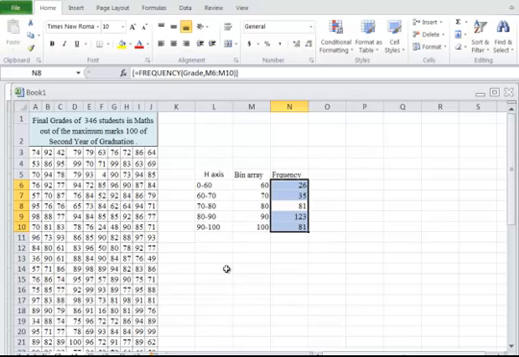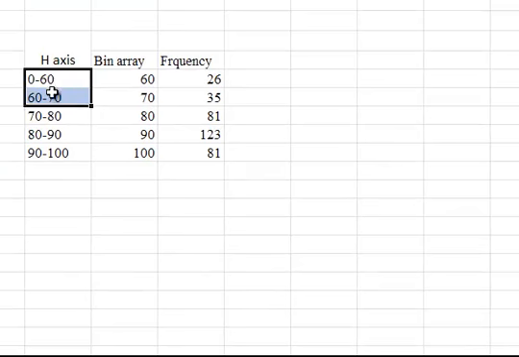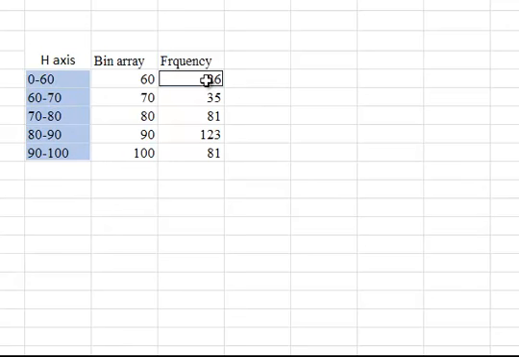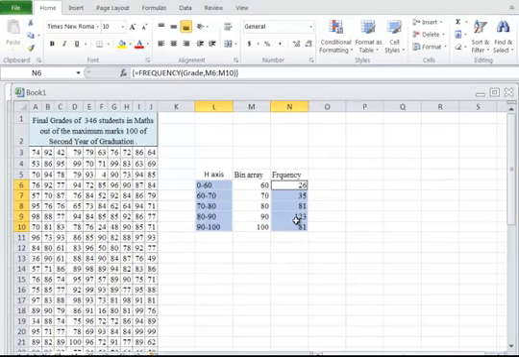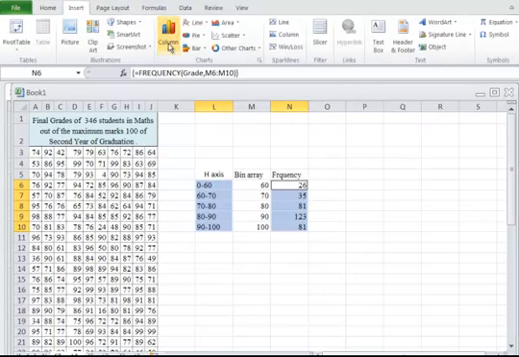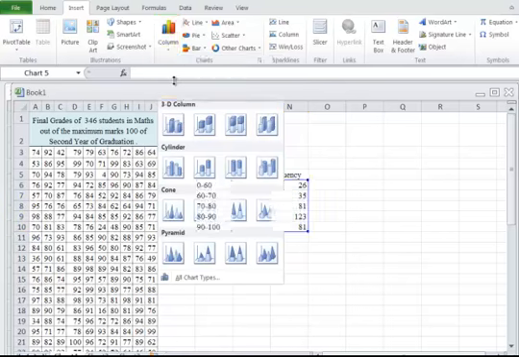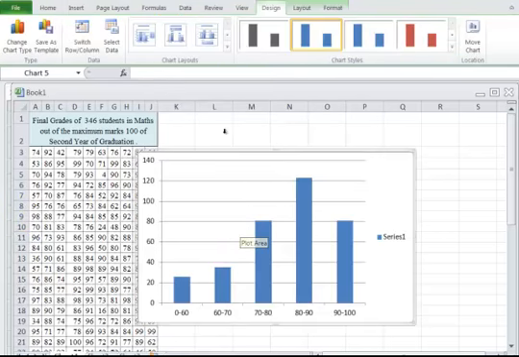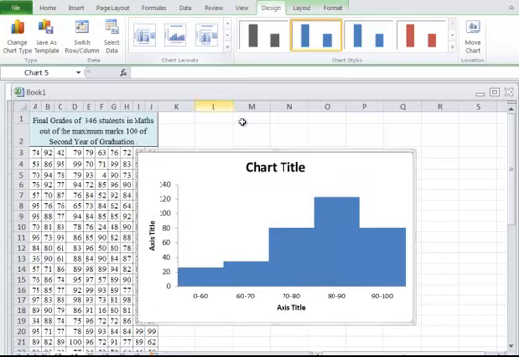Now our aim is to obtain the histogram out of it. I'll select the horizontal axis data, press Control, keeping it pressed, I'll select the frequency, insert column chart, first column, first option. This gives me the histogram. I'll select the 8th layout. Then I want to make the border black,